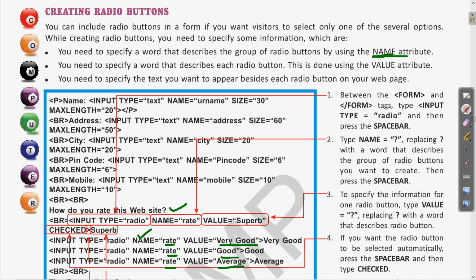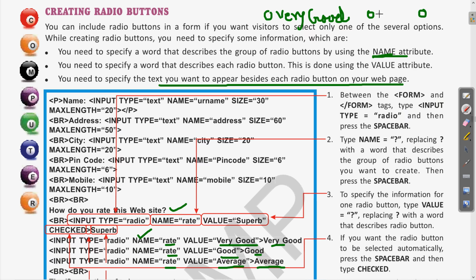Then next, whatever text you want to appear beside each radio button on the web page is written after the input tag is closed. So here we have written very good, good and average. These are the texts which are going to appear on the website after the radio button. So here it will appear like radio button, very good. Clear? In the same way, good and average. So these all will be after the radio buttons.